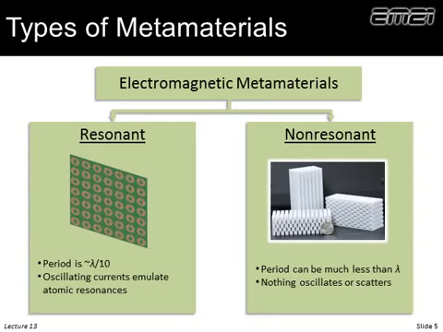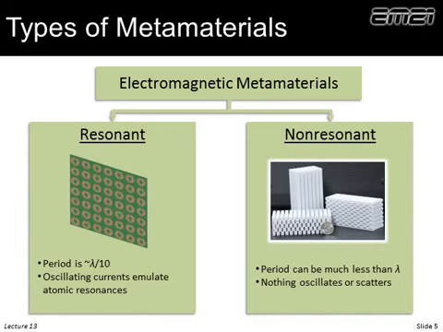As I mentioned, there's two broad classes. On the left, we have the resonant type metamaterials. In a metamaterial, as we're defining it, the periodicity is too small for the wave to scatter between the adjacent elements. So it's not a wave scattering phenomenon. The wave itself is not resonant. But very often there's metallic elements, and a wave propagating past that induces oscillating currents. That element itself is resonant, would re-radiate little tiny secondary waves which combine with the applied wave out of phase, and we get some kind of interesting response.